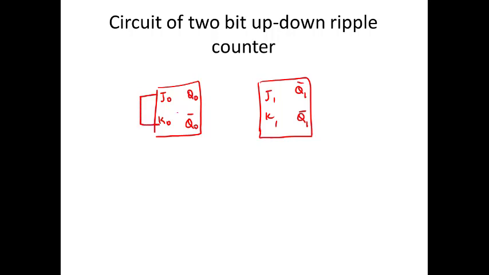First, let me give the input. This is tied high. This is also tied high. So the clock, let it be a negative edge triggered clock. And here my clock 1 will be